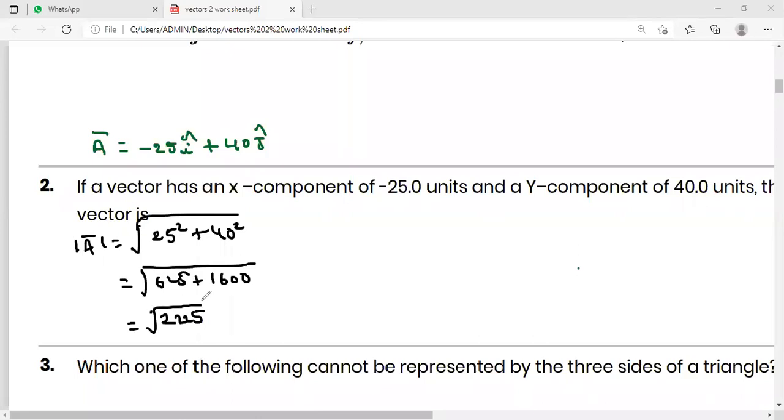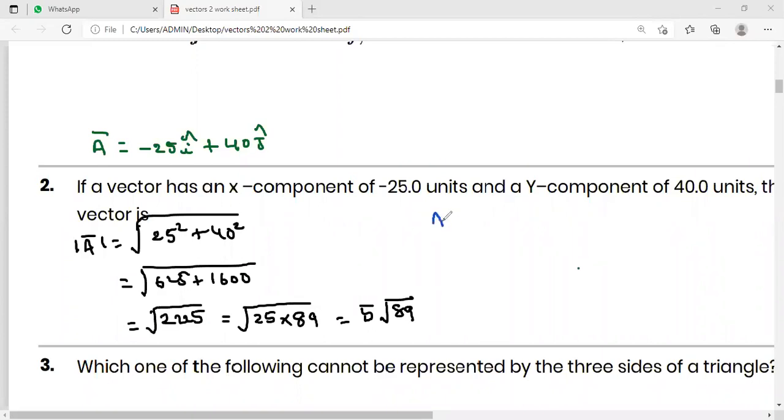Finally, the magnitude is root over 2225. That can be written as 25 into something, no? It can be written as 25 into 89. So what is the square root of 25? 5 only, no? So the answer will be 5 root over 89. That is the magnitude. And to calculate the direction,